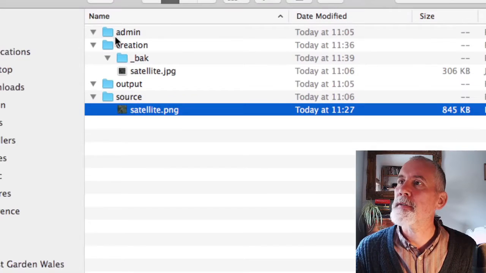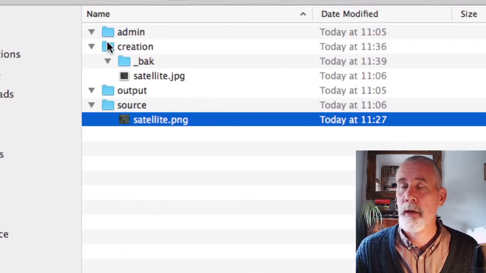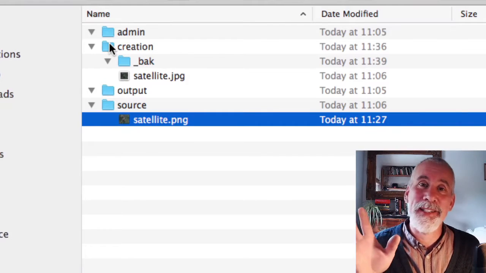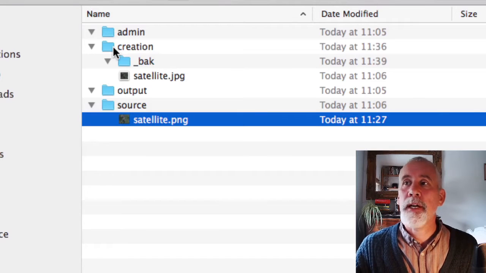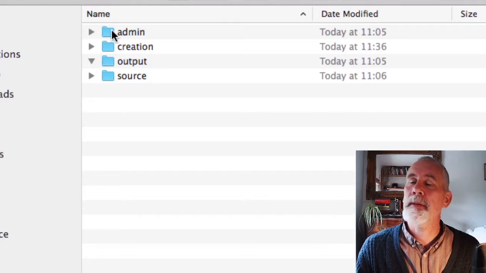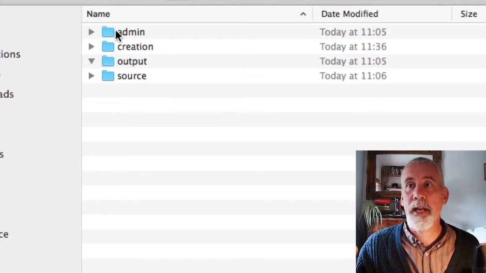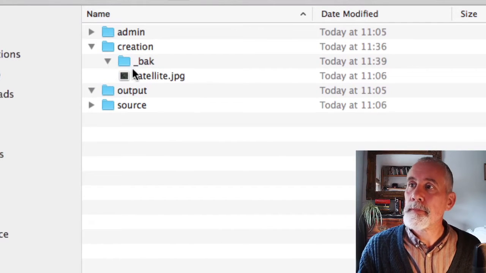This is for a place called Rossagilwyn Mansions, and they have music events and food and weddings and that kind of thing. So they've got a hall that they use. But the first thing I do is create 4 folders. Admin is for all the administration stuff, whether it's legal documents, PDFs, whatever, put those in there. Creations is where I keep my